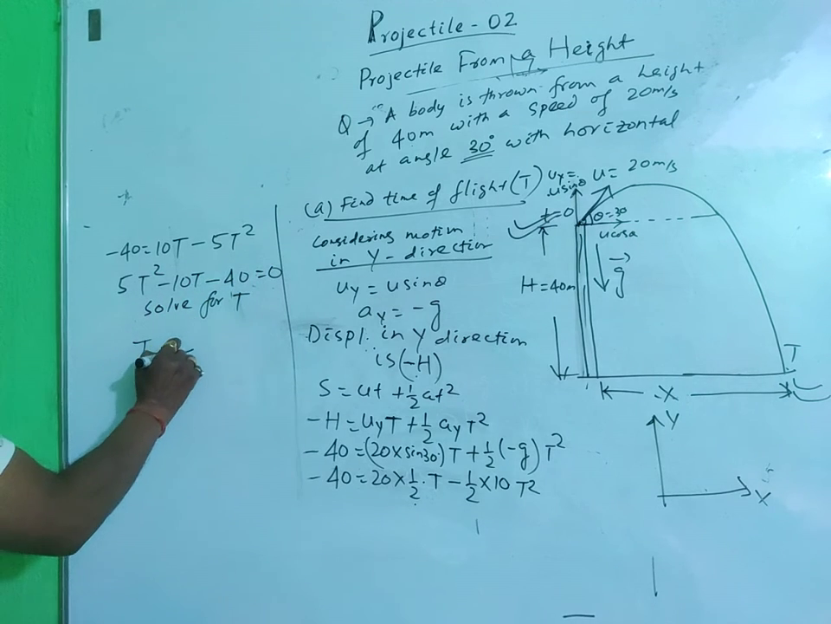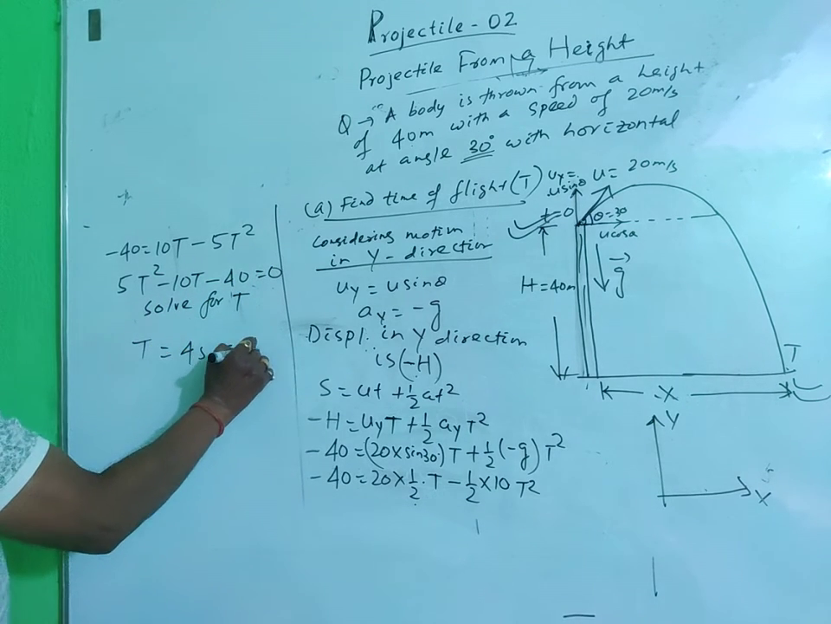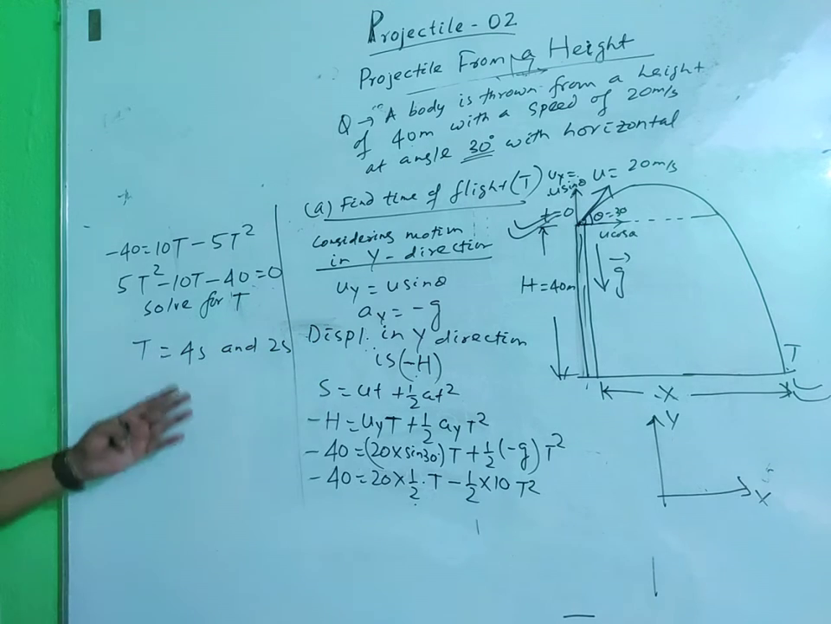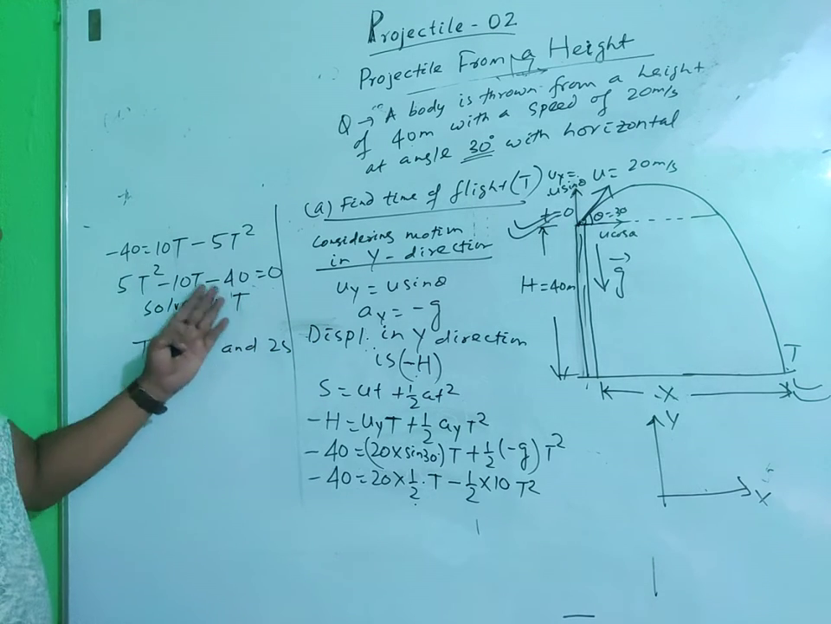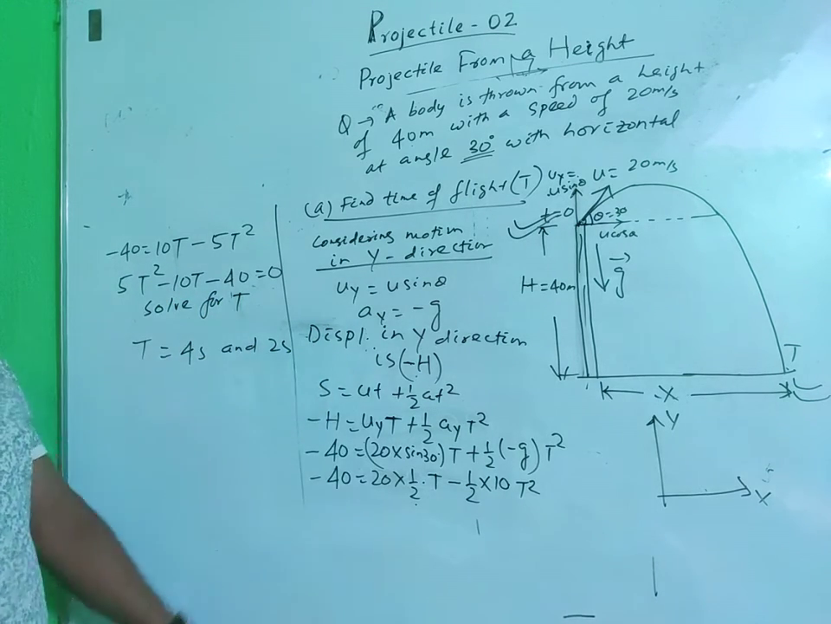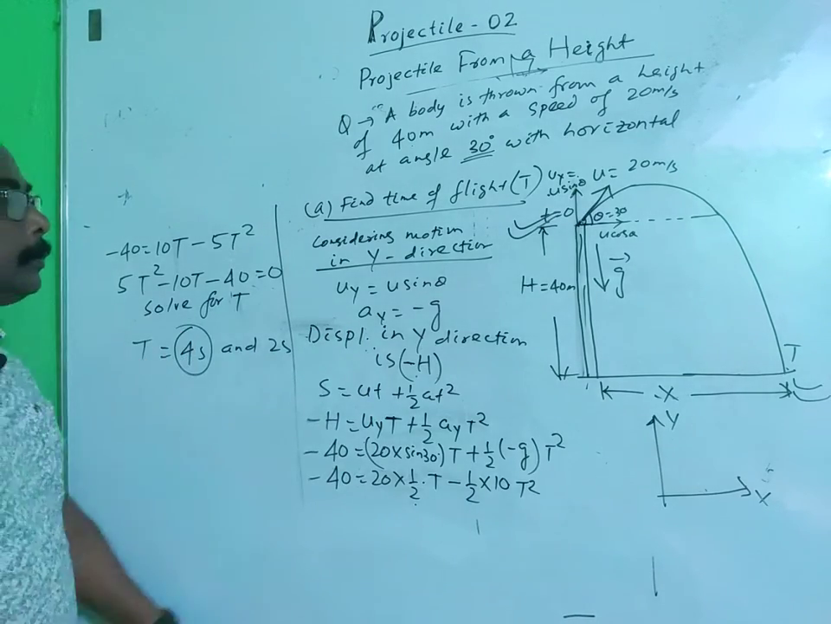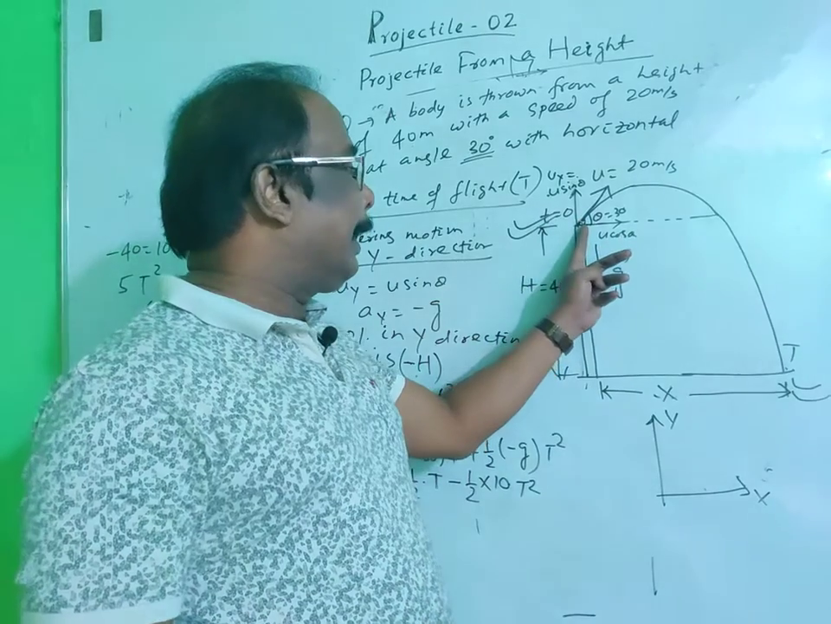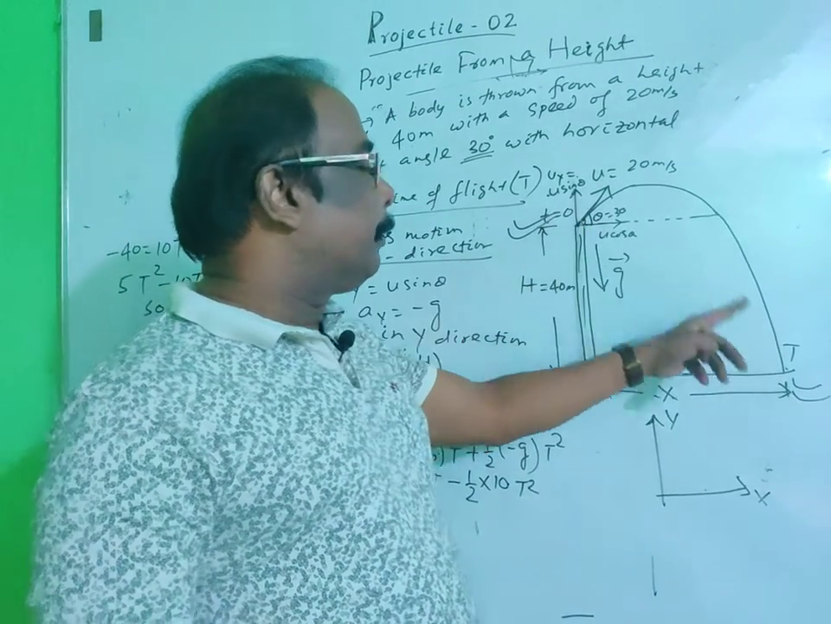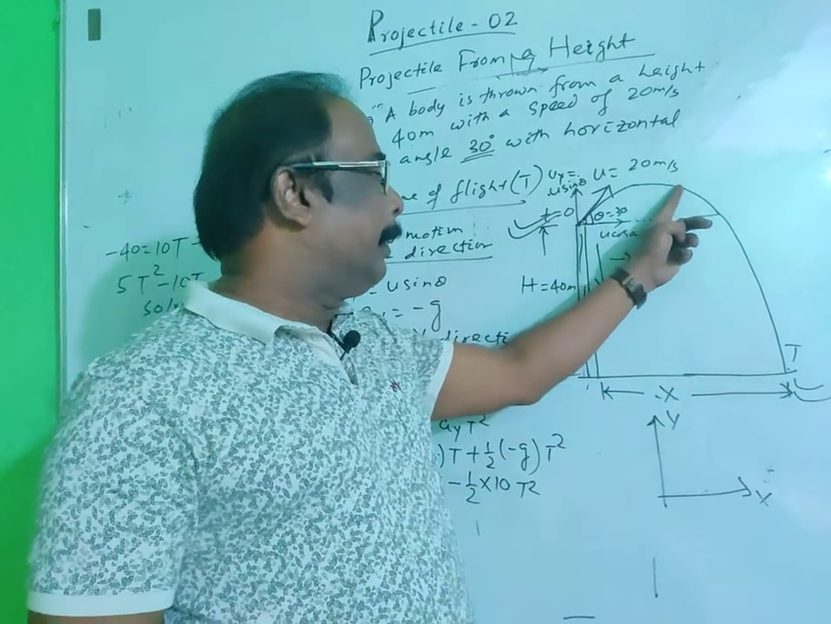t is equal to 4 seconds and 2 seconds. Then from the quadratic equation, if you solve it, t will be 4 seconds and 2 seconds. Then what is the answer? You will take the greater one, because the body is not coming directly from the top of the tower to the ground, it moves up, then